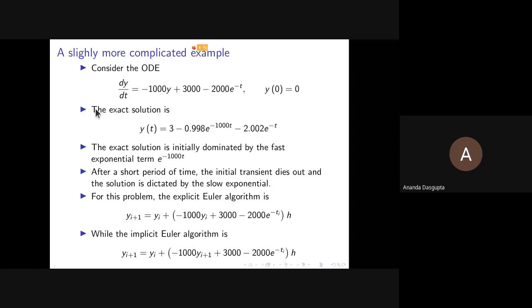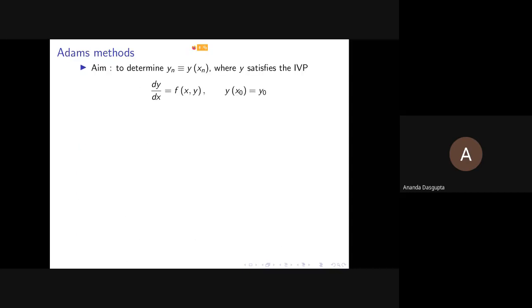So as I said, one kind of algorithm would not really work. So you would have to use other kinds of algorithm depending on your situation. Okay, so what we are going to talk about now is the so-called Adams methods. There's not one Adams method, there are several actually. And we will see what that means. But the basic idea behind the Adams method